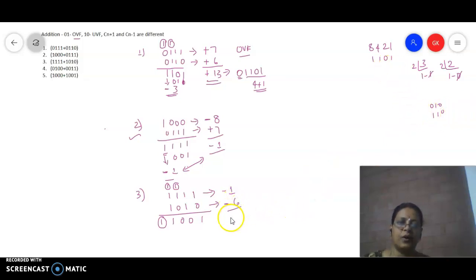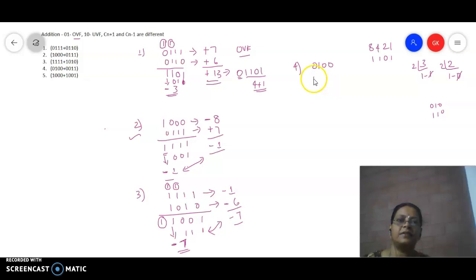So the answer you expect is going to be minus 7. Now how will you interpret this answer? So if there is a 1, you will take it as a negative number. Okay, now you have to take 2's complement of this number. So what is 2's complement of this number? The 1 will be kept as such, then you invert the remaining bits, so you'll be getting minus 7. So for this case, the actual answer is minus 7, and the expected answer is also minus 7. So both the answers are correct. Okay. So I think this is giving the correct answer. Now we will see the fourth problem. Okay. Fourth problem is 0 1 0 0.